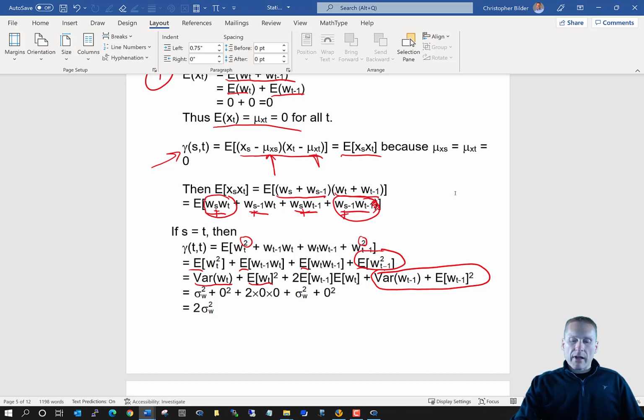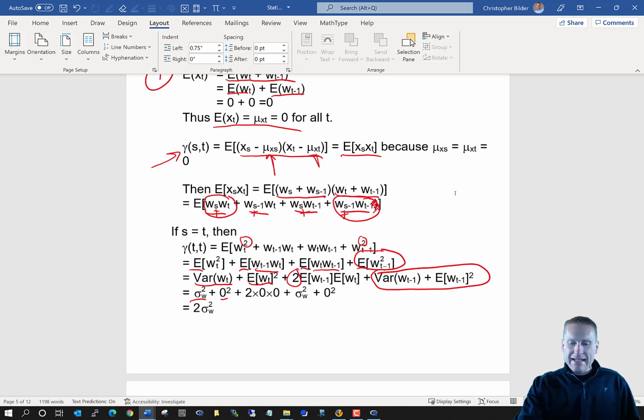And also what I can do here is notice that I have basically two different cases where I have w_t times w_{t-1}. So that's why I have a 2 there. And since the w's are independent of one another, I can bring the expectation through the product. Okay. So now what's the variance of w_t? Well, sigma squared w. What's the expected value of w_t itself? 0. So I have now 0